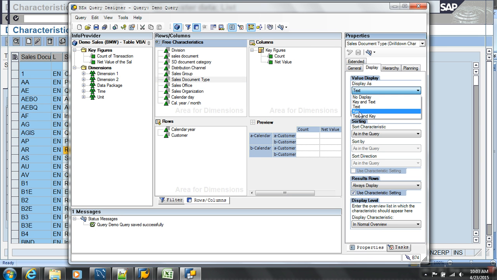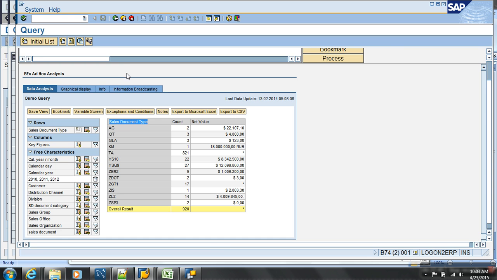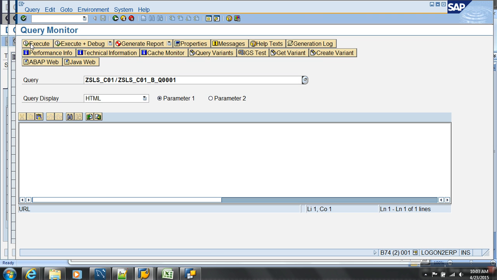If I say key, what will I see? Show me text and text. Or I can say key and text both also. But business would understand with what? Text. Save. Now if I go to my report and rerun this report again,